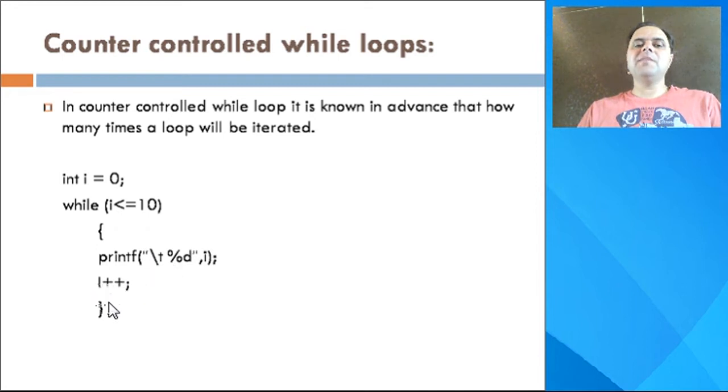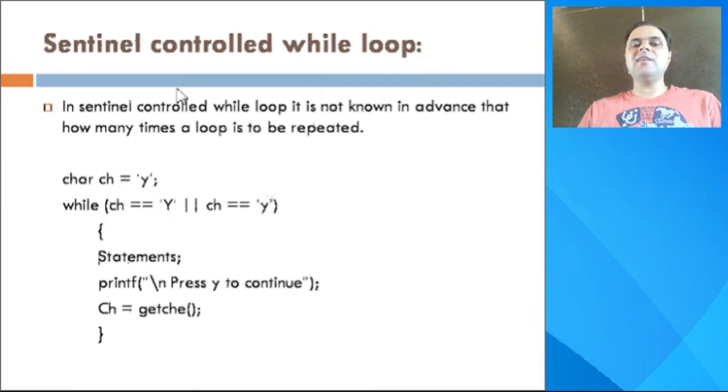Then the value of I is incremented. It becomes 11. When the value of I becomes 11, this condition becomes false, and the control will go outside this loop. So we know in advance that this loop will execute 11 number of times. So in a counter-controlled while loop, we don't know in advance how many times the loop will